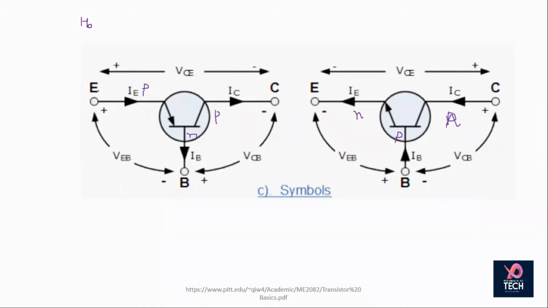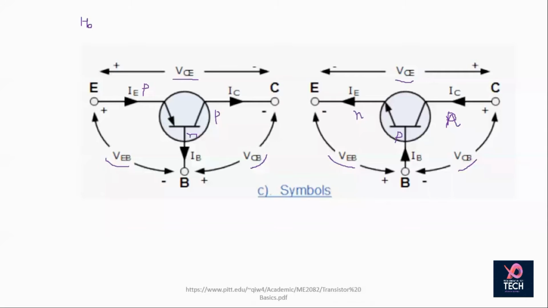And also there are related voltages. Here you can find several voltages. This is the voltage between collector and emitter, so this is V_CE. This is the voltage related to base and emitter, so this is V_BE. And this is the voltage related to collector and base, so this is V_CB. Again, this is the voltage between collector and emitter, this is between emitter and base, and this is between collector and base. So things go like this in these particular symbols.